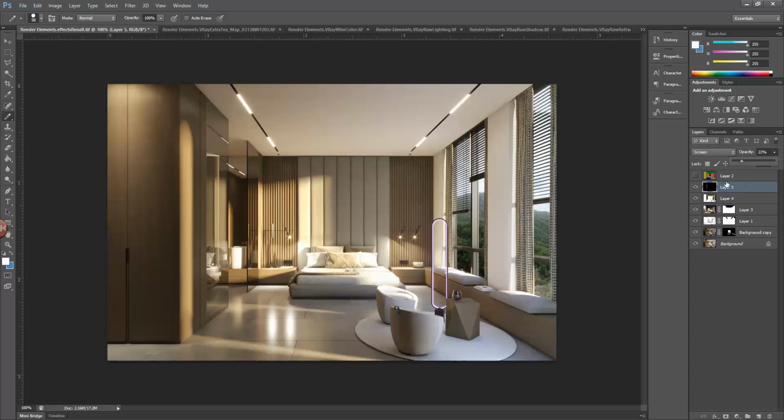These are the render elements that I personally add, but there are many more out there. Please keep in mind that the more elements you add, the more the rendering time increases, so my advice is to only add the ones that you really need.